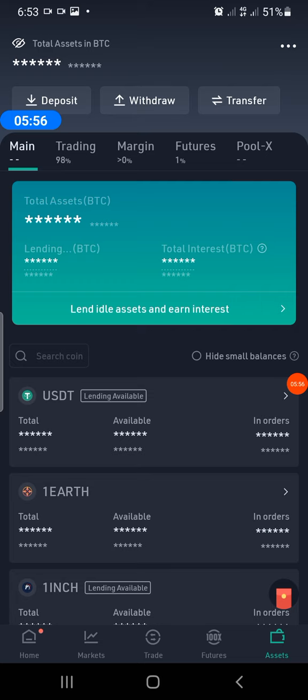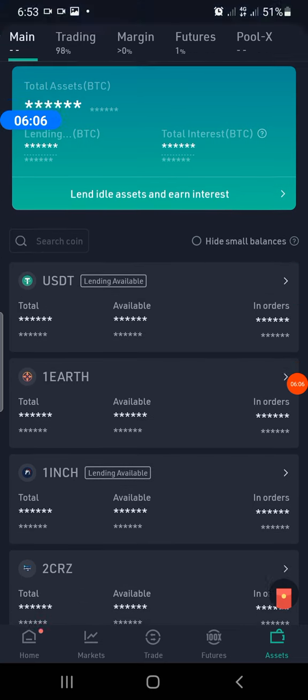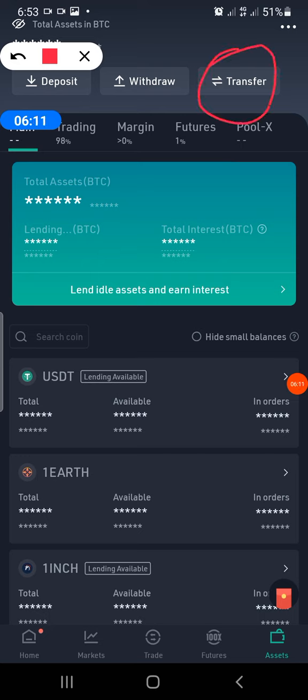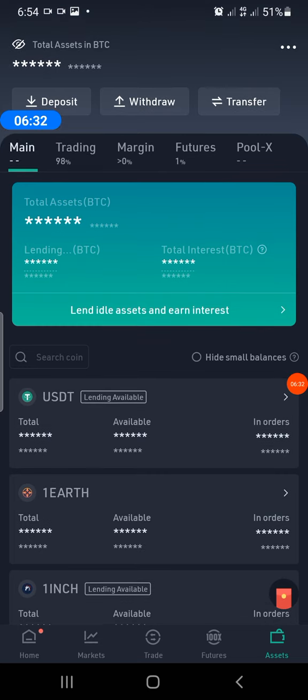So here in this exchange, when you want to make a deposit, your initial deposit will first of all land into the main account. From your main account, you can use the transfer button just here to transfer your deposited asset either to your trading account, margin account, futures, or any form of wallet trading account, depending on the one you want to make use of. So first of all, you select